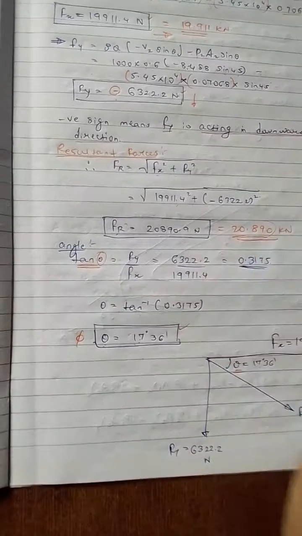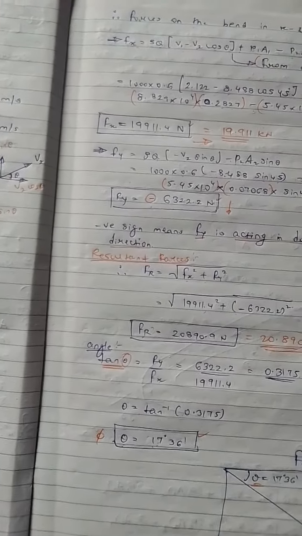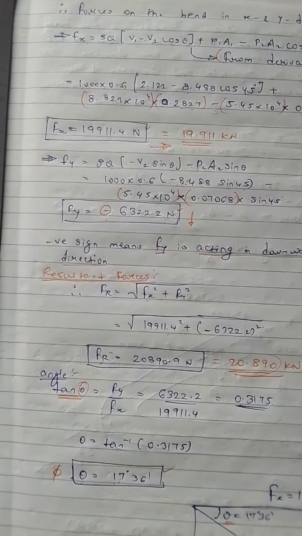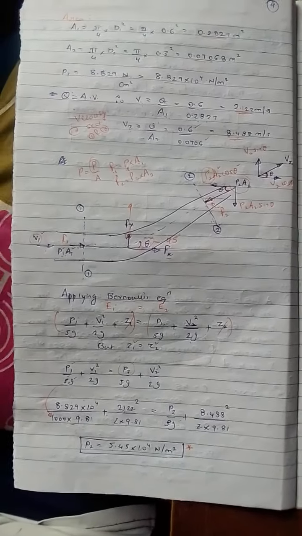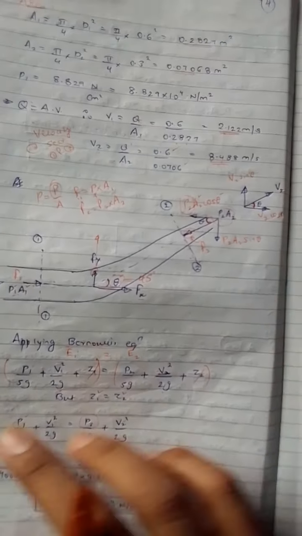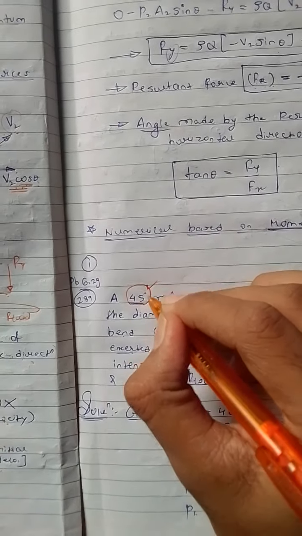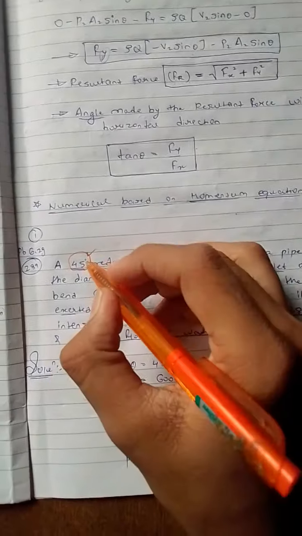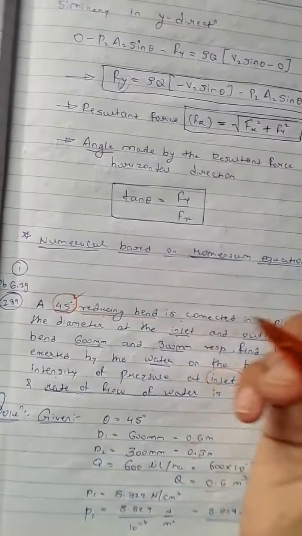Okay, so here it completes the numerical. One more point to take note of: ये सम इम्पोर्टेंट है और हर सेमिस्टर में पूछा हुआ है। इसमें इम्पोर्टेंट ये है कि ये रेड्यूसिंग बेंड 45 डिग्री है। हर स्टूडेंट इसमें कॉमन मिस्टेक करता है कि इस एंगल को समझता नहीं। So we have to understand this angle properly.